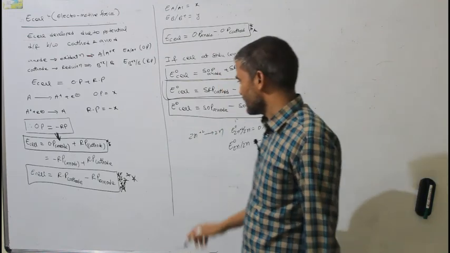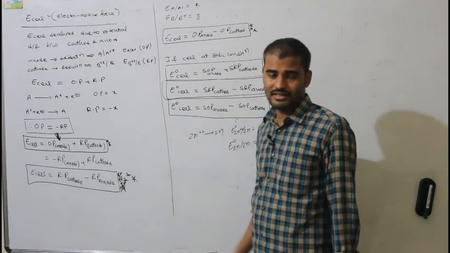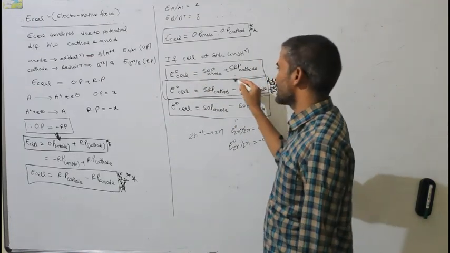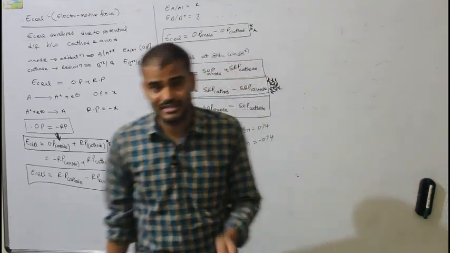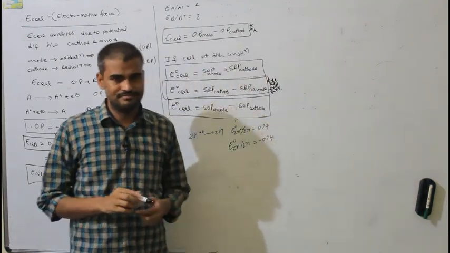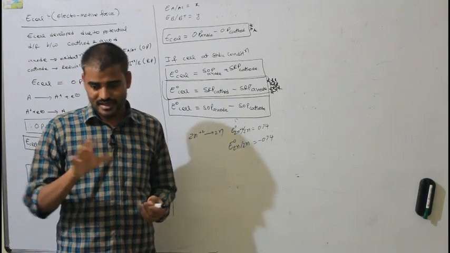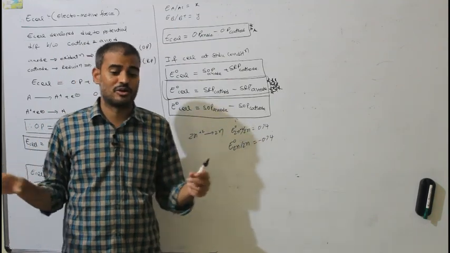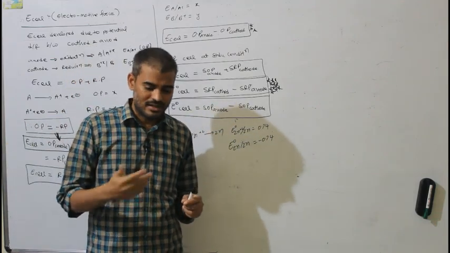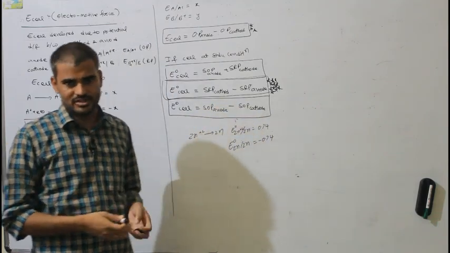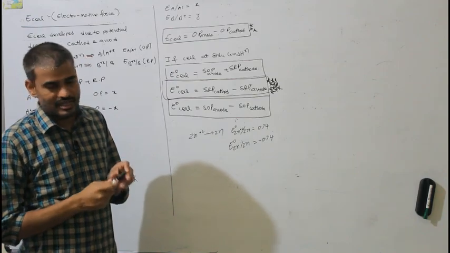And we will see how to calculate it first. But before knowing how to calculate E cell or E naught cell, we should know how to find the standard reduction potential value. In the Daniell cell, we have got only the cell potential, that 1.1 volt. That gives only the cell potential, the difference between two electrodes, but the potential of each electrode it will not give. To understand that, a new concept is introduced, which is the standard hydrogen electrode, that we will discuss.